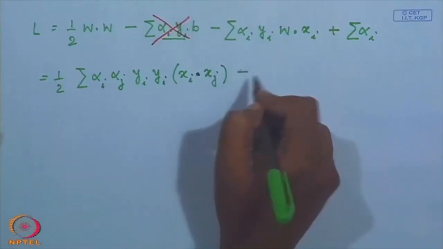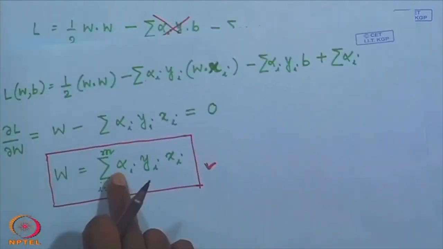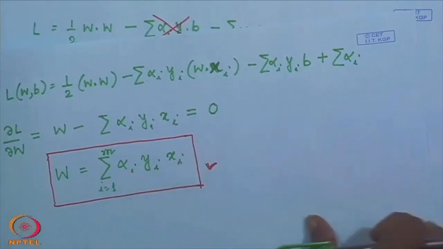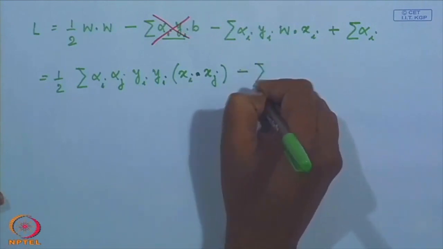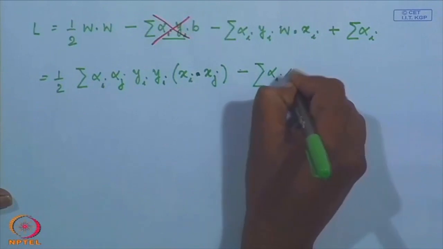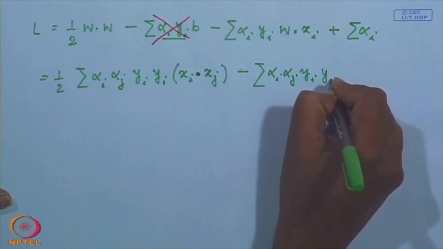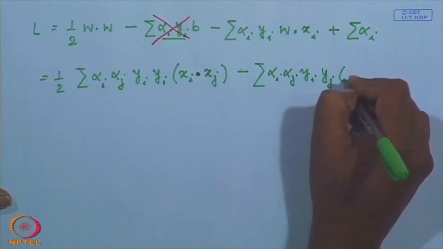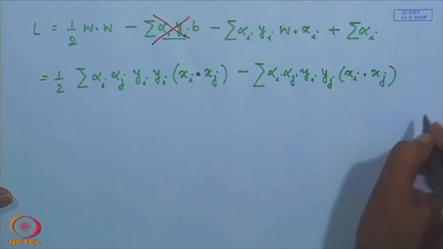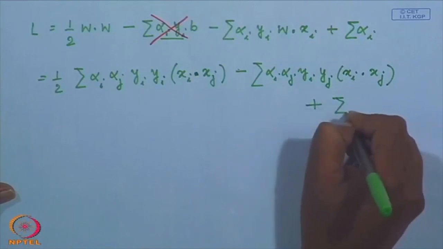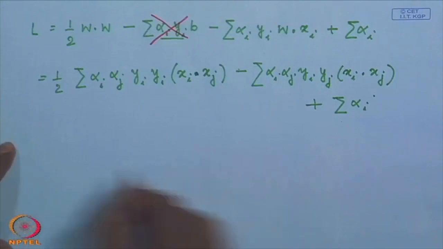Minus, this will simply be again w dot x_i, and the w is the sum of alpha_i y_i x_i. So, this will simply be minus the summation of alpha_i alpha_j y_i y_j into x_i dot x_j plus the sum of alpha_i,